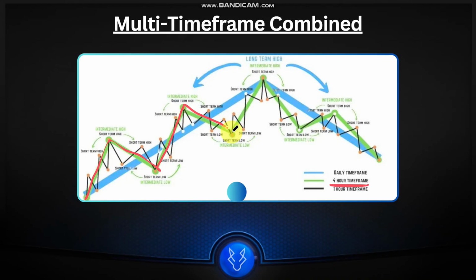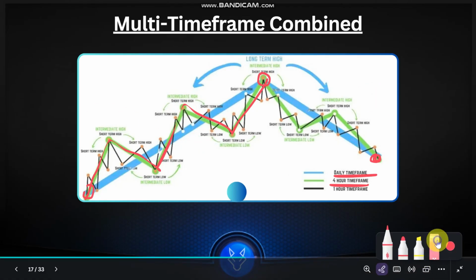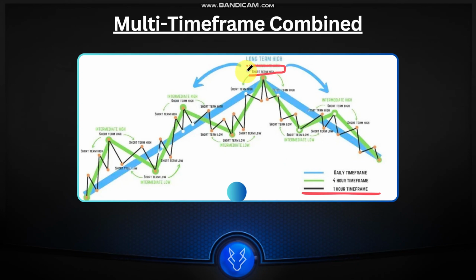You can see it here, and it connected to this high, right? This low here and this low of the daily time frame. The other time frame we have is the 1 hour time frame, which is the short term time frame. You can see that here, and that connected with the